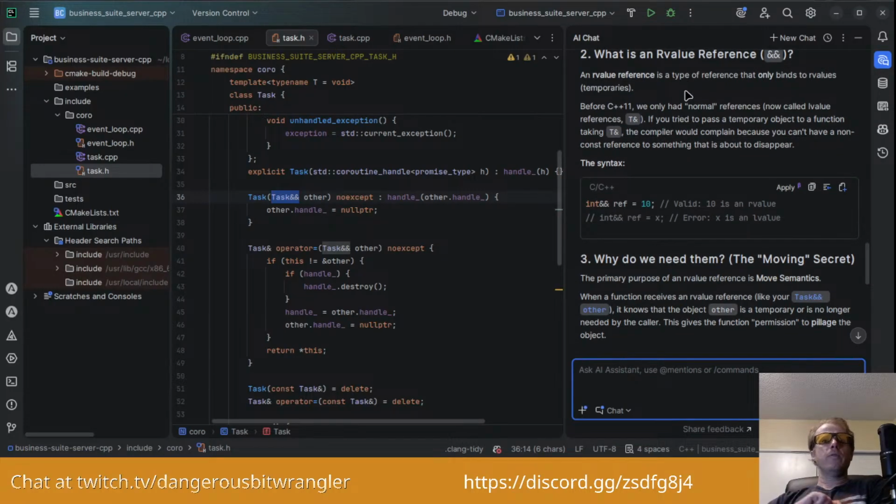An R value reference is a type of reference that only binds to R value temporaries. In C++11 you only had normal references, now called L value references. If you tried to pass a temporary object to a function taking T ampersand, the compiler would complain because you can't have a non-const reference to something that is about to disappear.